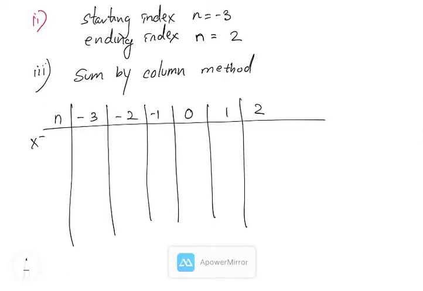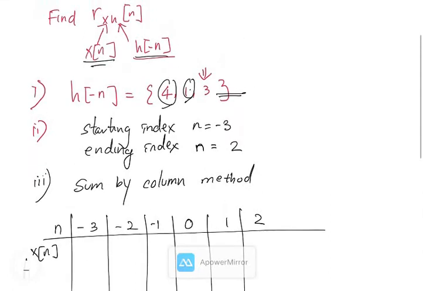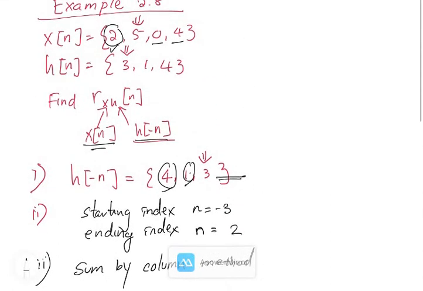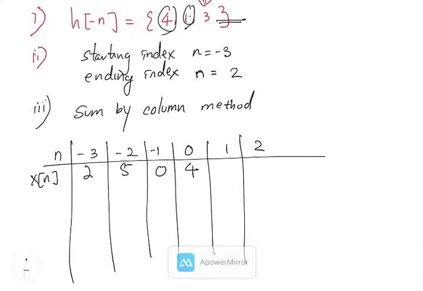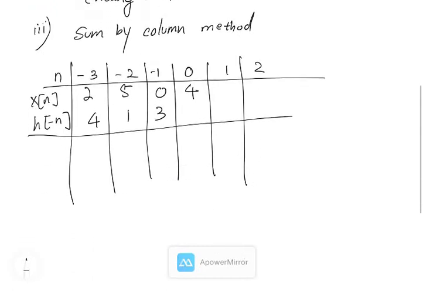So the x[n] is 2504, and then you have the h[-n], which is equivalent to 413. Okay, using the sum by column method, this means that